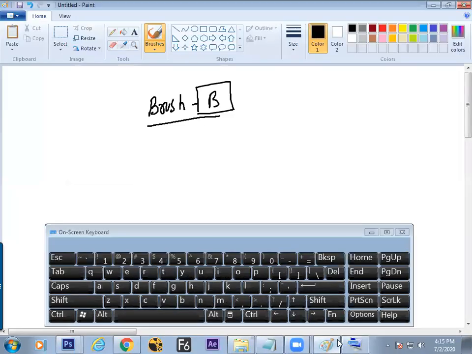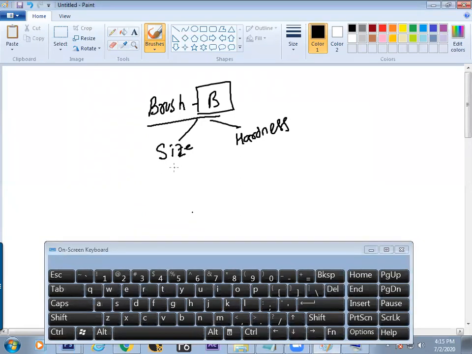The two property of the brush, one is size and the second is hardness. The size of the brush can be increased in three different manner. So we can note it down like 1, 2, 3 different manner how we can increase the size of the brush. Now before going to increase the size of your brush, let us understand which color the brush